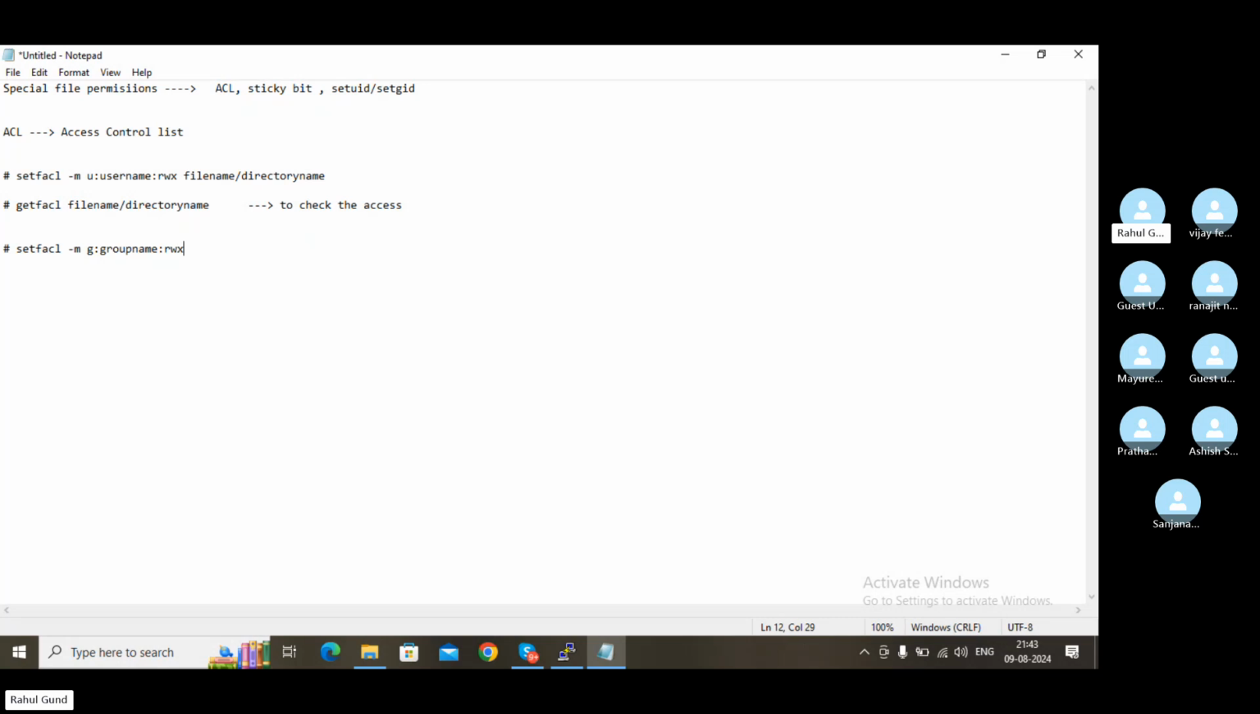Okay, read, write, or executable, whatever. And here file name and directory name. So if you want to give any specific privileges to a specific group, at that time you can use setfacl -m g. But this is not a very desirable solution because it will also impact your security. So the better way is always to give to the specific user. Suppose 2 or 3 users want some specific access to that file or directory,